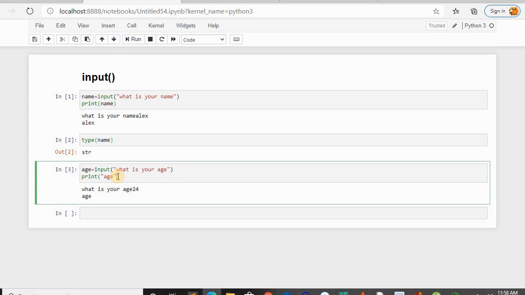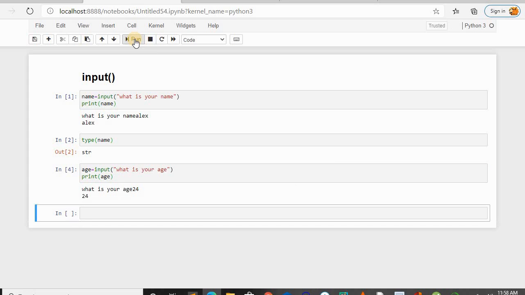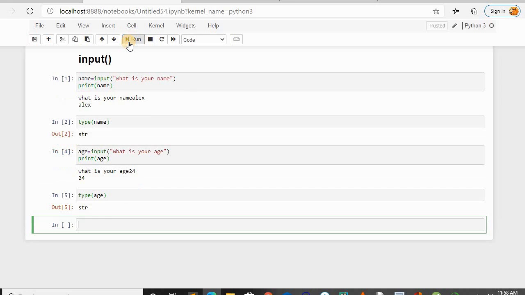Sorry, we should not specify it with the help of double quotes. If I run the code again, it will ask us. Now I'm giving 24, see, it's printing 24. And I'm going to check the type. It will be in the form of a string.